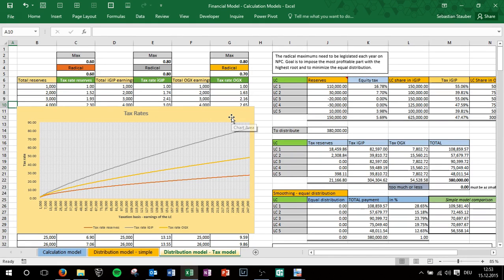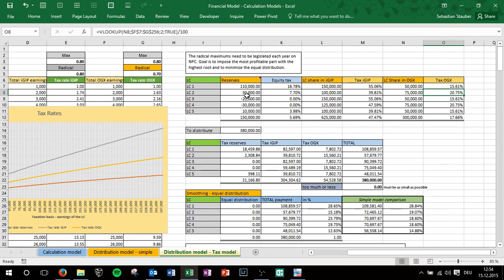Good. This model is based on the tax distribution also used by a lot of countries. So it's a radical function. The higher your income is, the more you need to pay, but the slope decreases, and therefore you have radicals. So just to give you a brief overview here, you have your reserves, IGP and OGX income of all